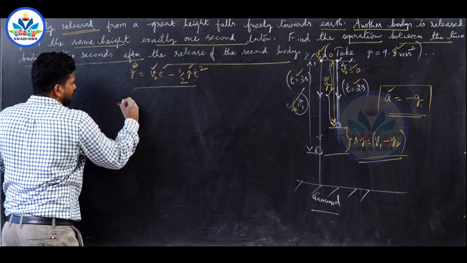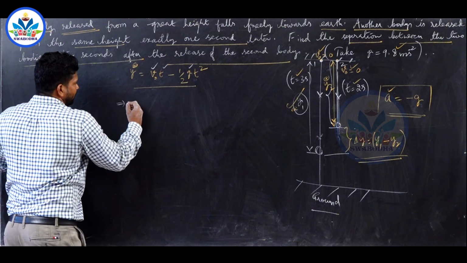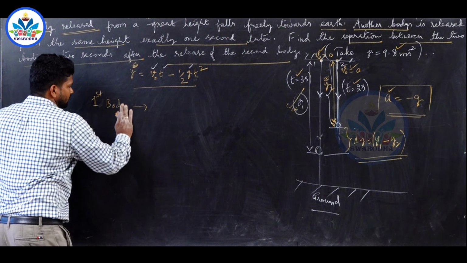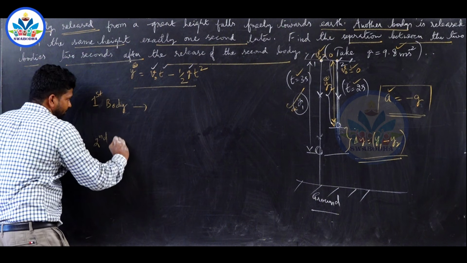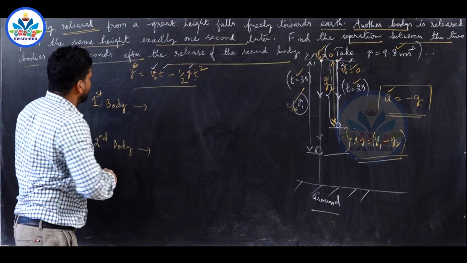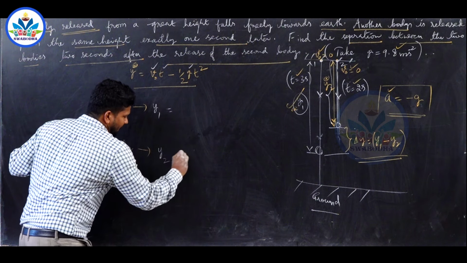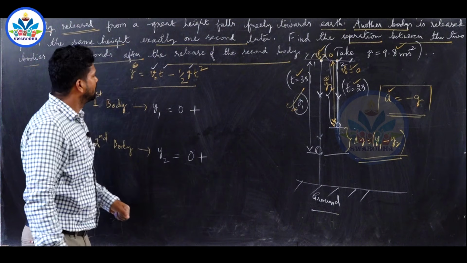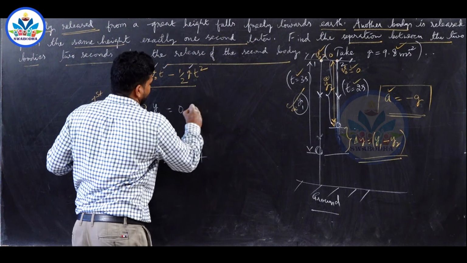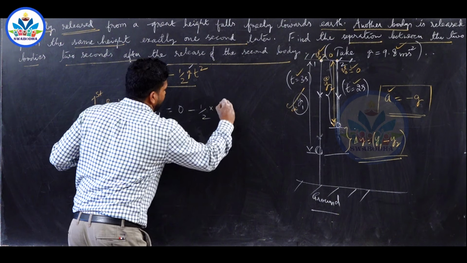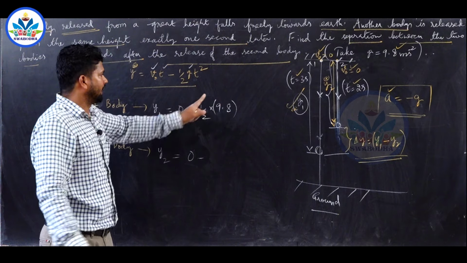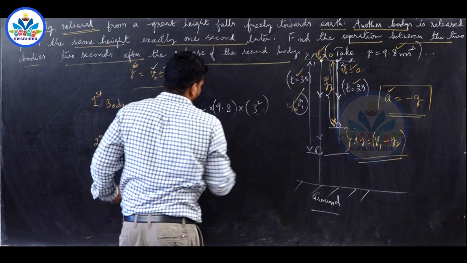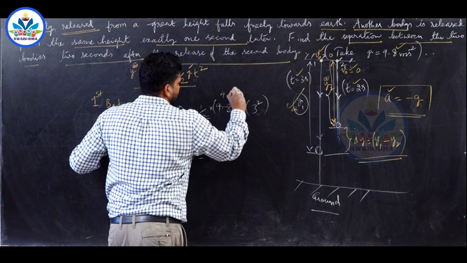Therefore, for the first body, let it be y1, for the second body, let it be y2. v naught t, v naught is 0, here also v naught is 0, plus minus half into g, 9.8, don't write minus 9.8 because it is already given, t square, t is 3 square. 2 1s are 2, 4.9s are,